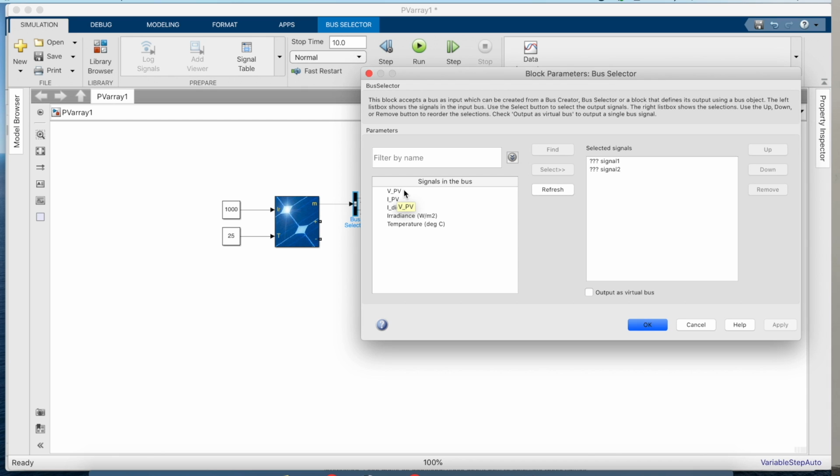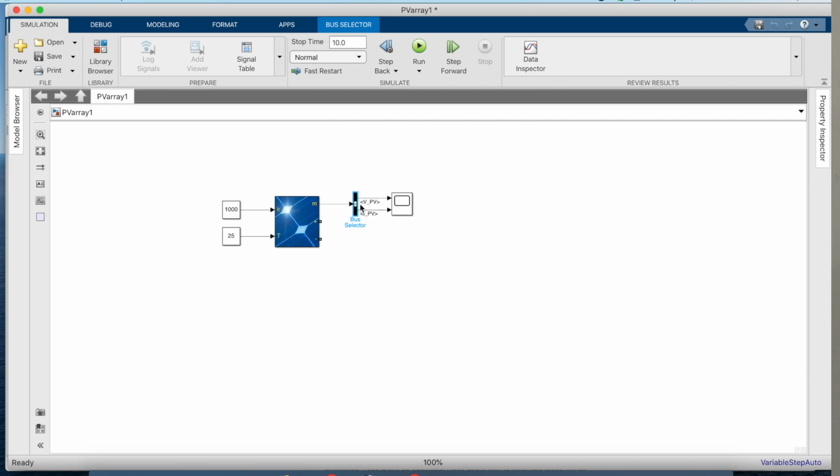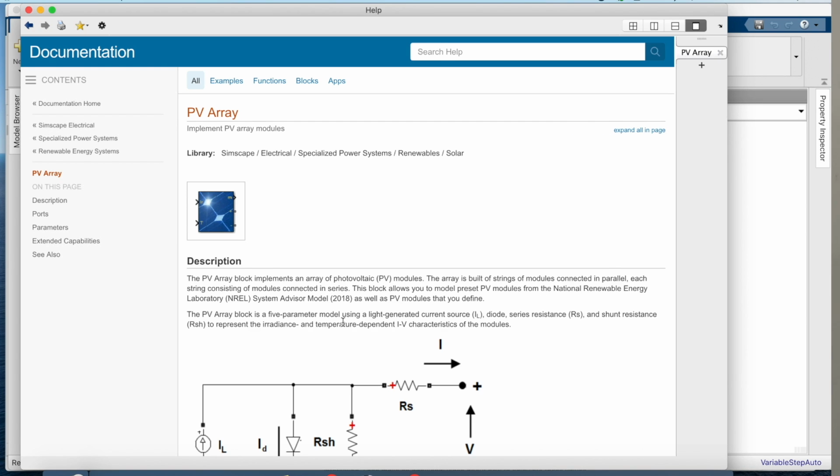If we want to have the VPV and IPV values, we directly select them and pull them to the right-hand side. These are the selected signals. We select the voltage and the current, and as there are 2 default signals in here, we just remove them. So this is how to set the bus selector. Now we can see that VPV and IPV on the line here indicate the voltage and current value of the PV. The inside equivalent circuit